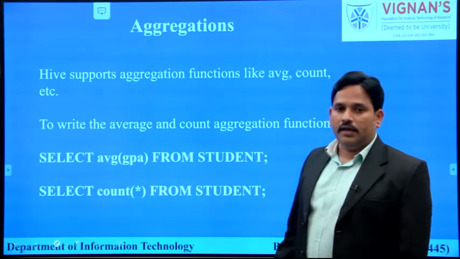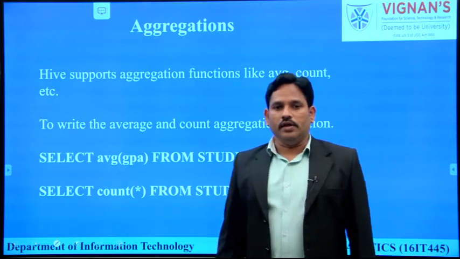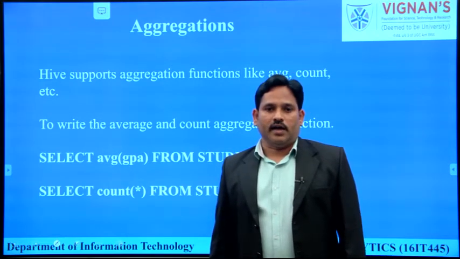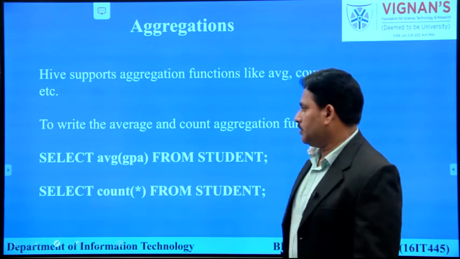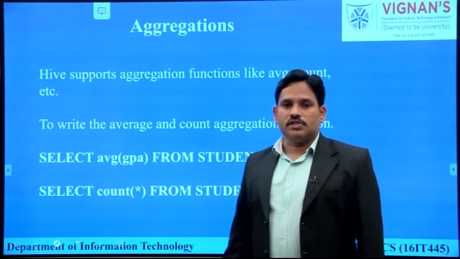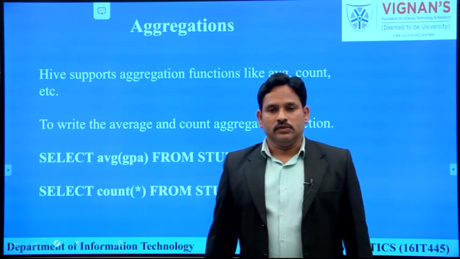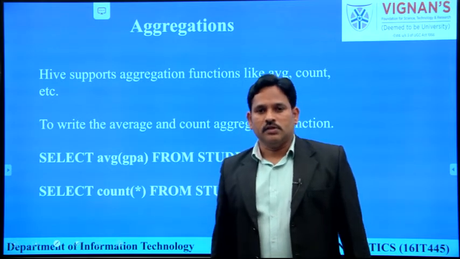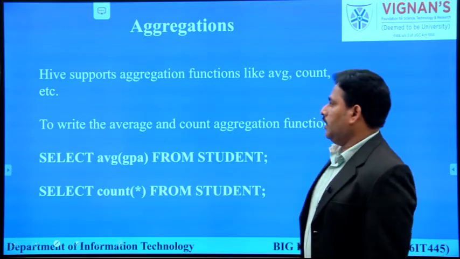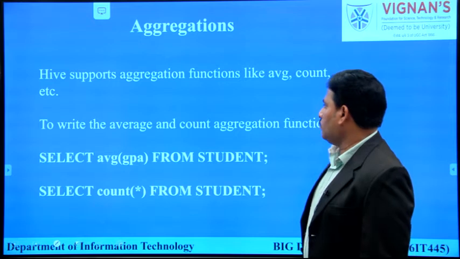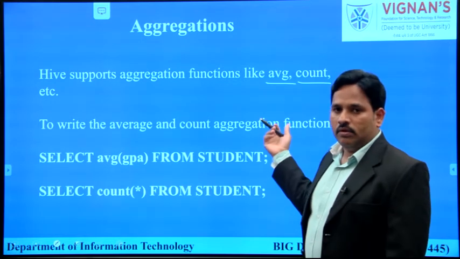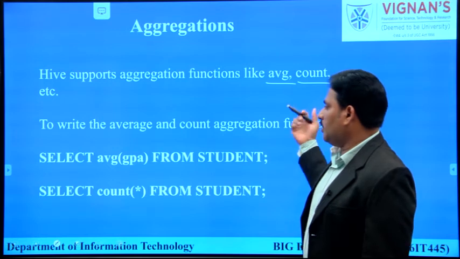Here aggregate operations. So under UDF we can apply some UDAF, user defined aggregate functions or aggregate operations. Basically aggregations are used whenever you want to perform summations to find minimum, maximum, average. Hive supports aggregate functions like average, count, minimum, maximum and summation.